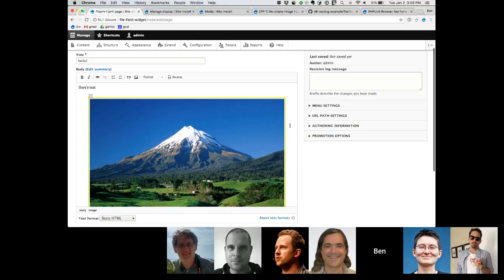Are you still aiming for 8.5 for this? The WYSIWYG stuff, I think it would be quite the Hail Mary if it showed up in 8.5. I think this is going to be more like 8.6 is when we'll be able to polish it. I mean, you have UX blessing by